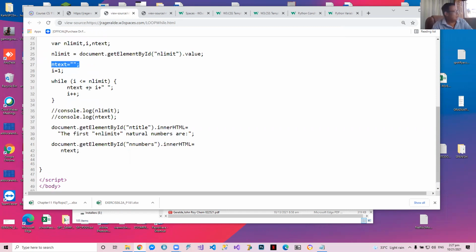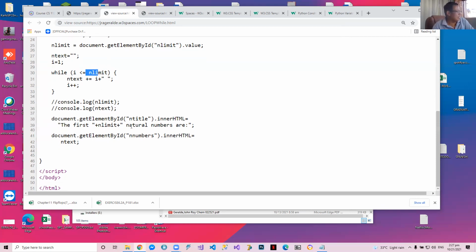Do you follow? We say n text plus equals I. So if it starts at 1, n text becomes 1, and then the next time around it adds the 2, the 3. And you know what I plus plus is, everyone? It adds 1 to I, and when I reaches or surpasses the n limit, it will terminate the loop,